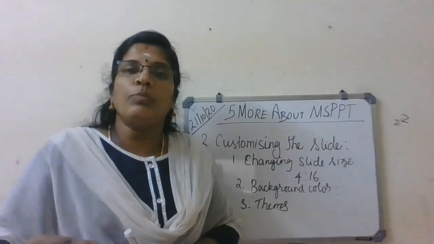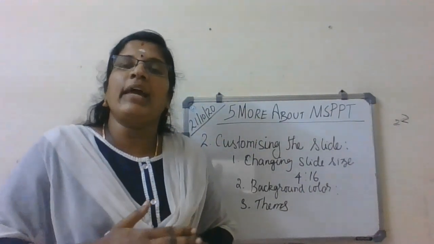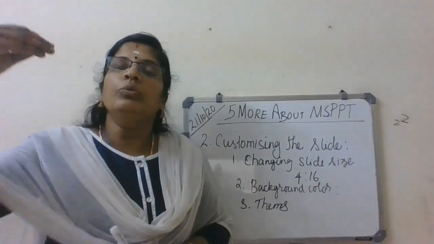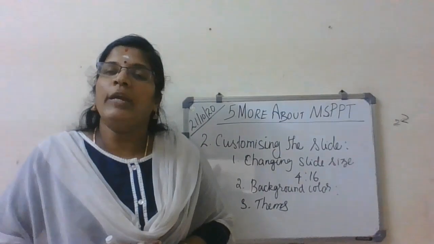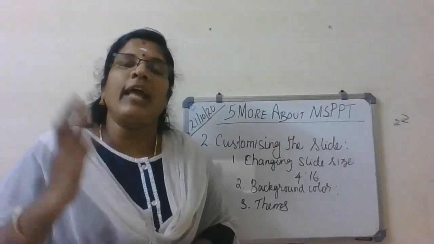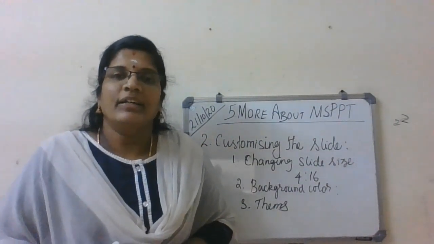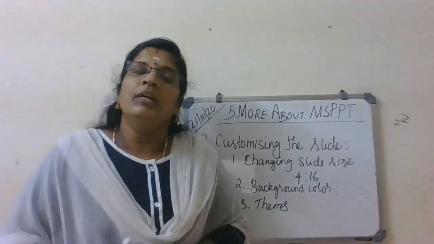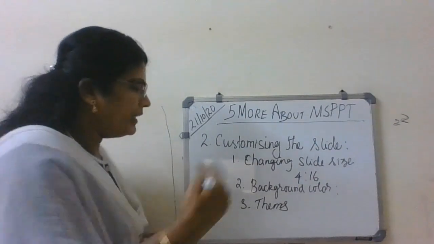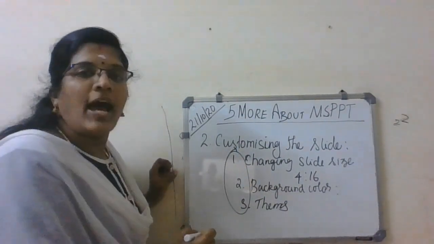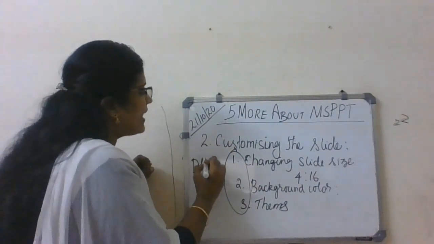So select the text box, then select the text inside the text box, then go to the Insert tab or Format tab. Okay, then go to Word Art. Select the type of word art you need. Clear? So that's the way we use word art. So these are the things we covered, and keep in mind that these three activities you have to do with the help of the Design tab.